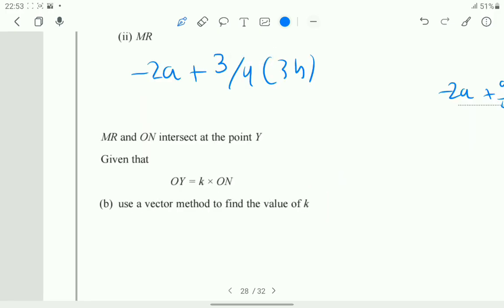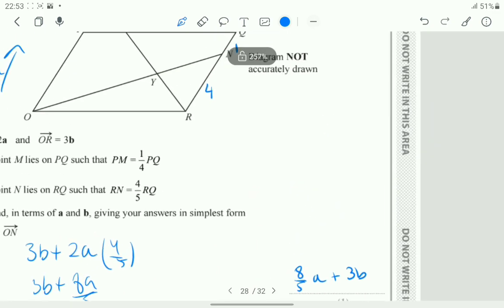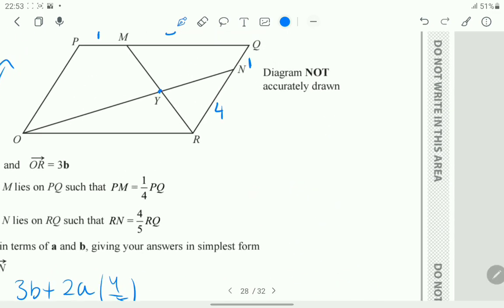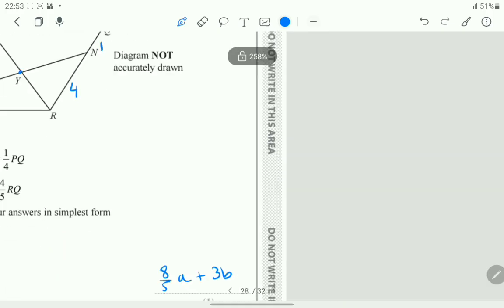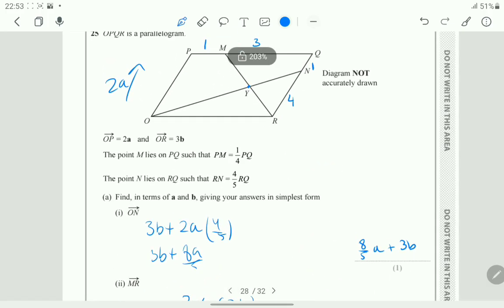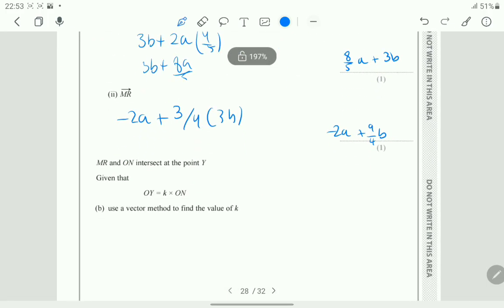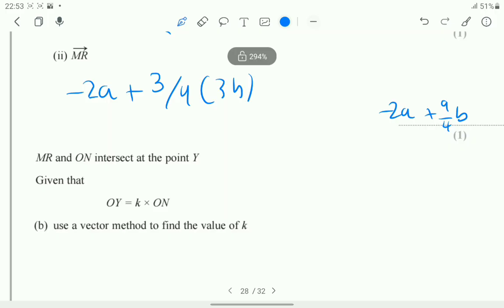Okay, so the third part, part b, probably the most difficult part of this question, states that MR and ON intersect at the point Y. Now let's just go back to our diagram. Point Y is this, and MR and ON are intersecting at point Y, as we can see. Given that OY equals K times ON, meaning a factor, use a vector method to find the value of